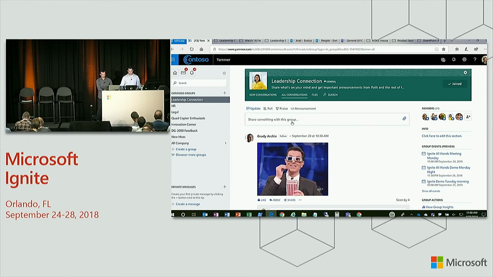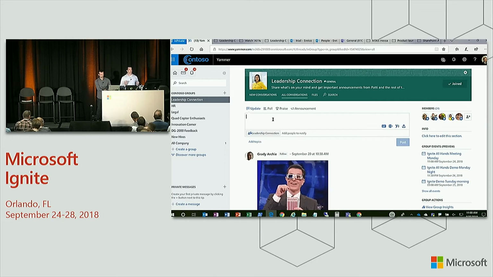Great, so staying in Yammer for just a moment, I want to talk about a feature we promised this time last year. Probably on a weekly basis, I hear from Yammer customers that want to make sure SharePoint is their default files location for all files uploaded to Yammer. If you're familiar with Yammer, you know you can create an Office 365 group tied to a Yammer group, and you have a SharePoint files location, but any files uploaded to the Yammer feed were stored in the native Yammer service. This means that they're stored in a separate location and not covered underneath the governance and compliance that's built around SharePoint.